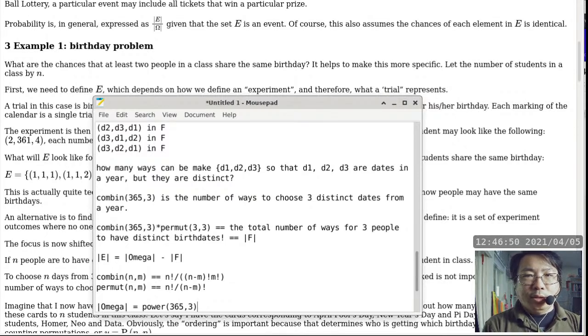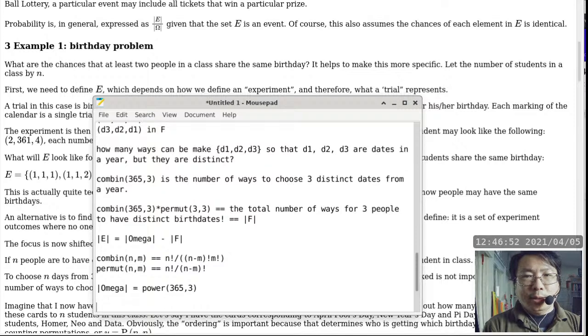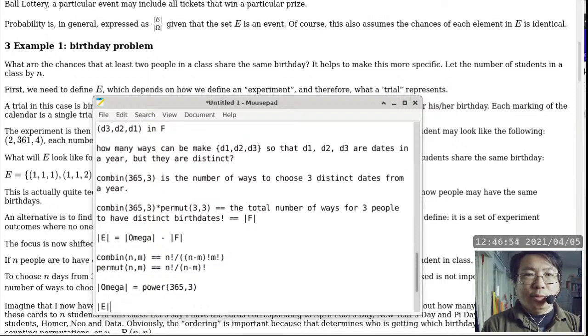So when you look at this entire thing, depending on how you want to simplify the equations, because omega divided by omega is just 1, it becomes 1 minus, and then now we look at the combination of n choose m times the permutation of n. Oops, I take it back. Oh no, this part is fine. It's the permutation of